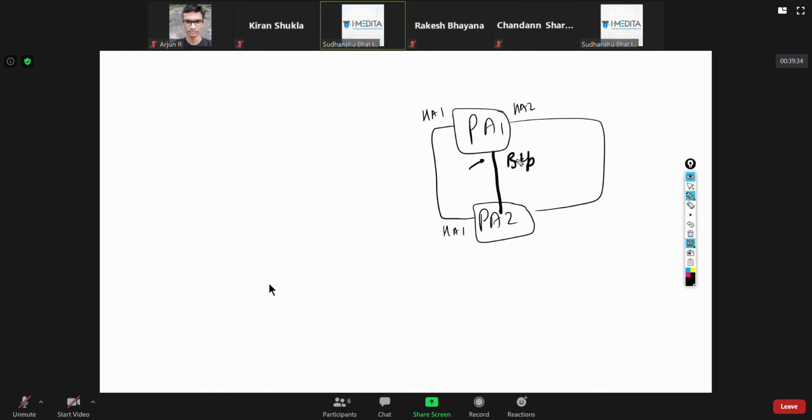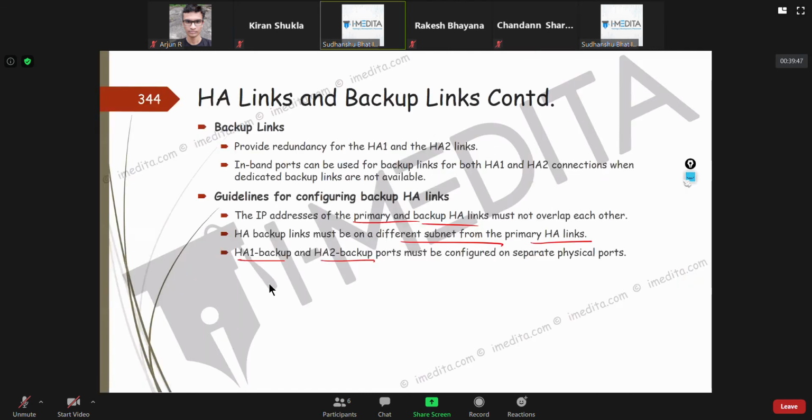If you want to use it for HA1, you can use it for HA1. If you want to use it for HA2, you can use it for HA2. That doesn't work. Okay. You have to have a dedicated and defined port, whether you want to use it as a backup link for HA1 or HA2. So you cannot have the same physical port acting as a backup link for both.